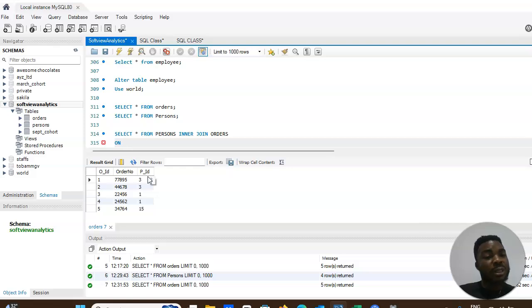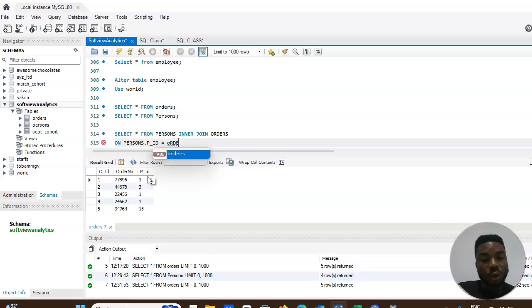Now when writing it, both the person's table and the orders table have the PID. So you're going to say the PID of the person's table first, and you write it this way: on persons dot PID, right, equals to